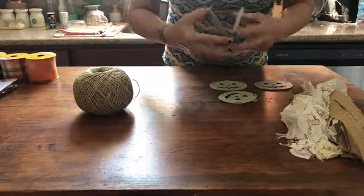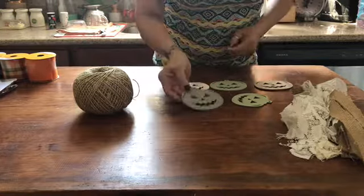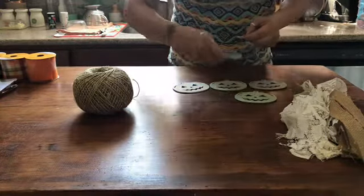Anyway, what I'm doing here is I'm making a banner, if you haven't guessed by now. So I cut 3 types of fabric. I cut some lace. I cut some